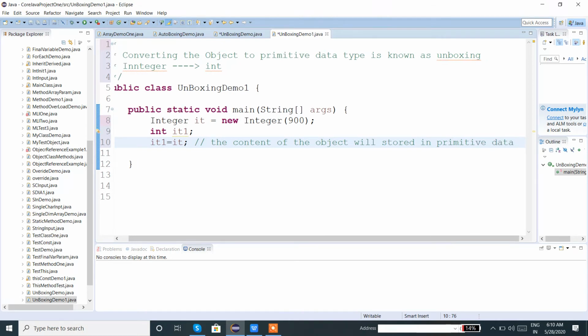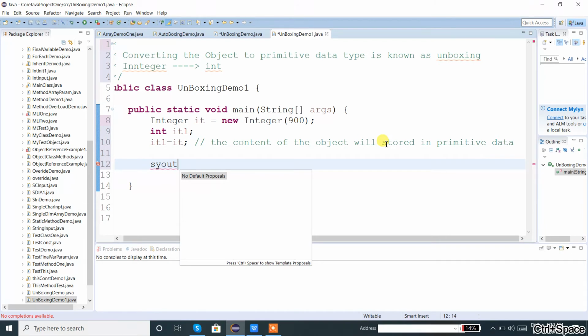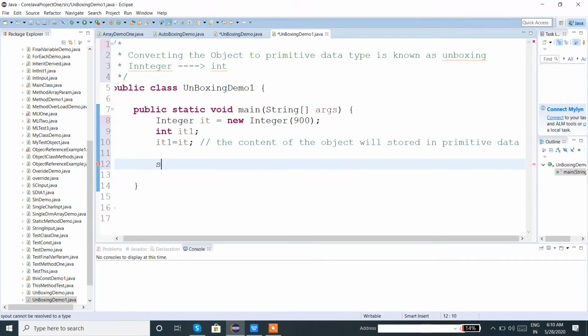Fine. Now how can I check whether the value got stored in the primitive data type variable? I simply need to print the variable by using sysout, after converting the object to primitive data type.